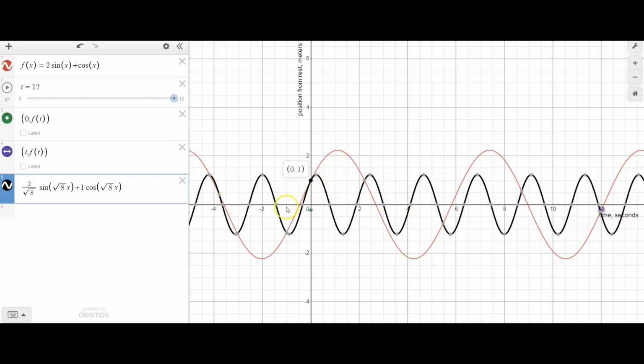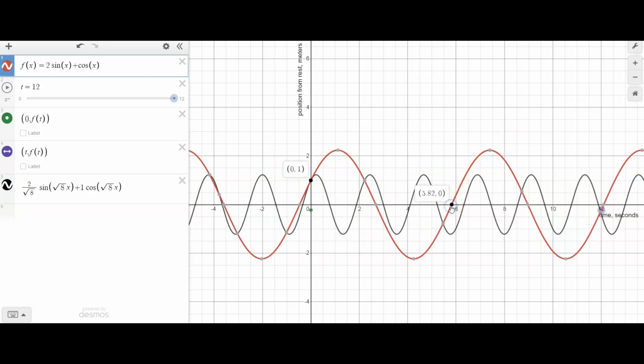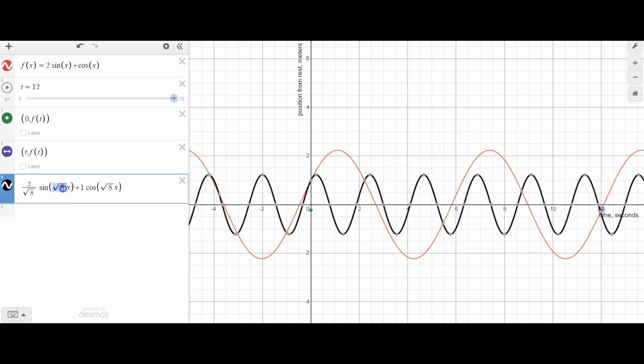So one thing we see here is that it's oscillating a lot faster. It completes one full oscillation in 2.2 seconds, whereas here we completed one full oscillation after 5.82, no, not 5.82, excuse me, from peak to peak, that's going to be 2 pi, because in this case, our period is going to be 2 pi over the coefficient, so period equals 2 pi over 1, so it's going to be 2 pi units from peak to peak. Here, our argument is square root of